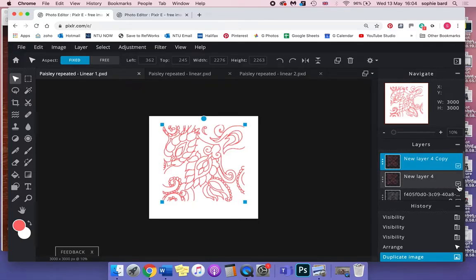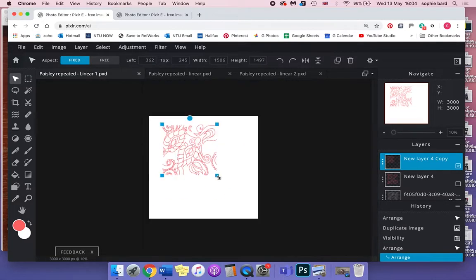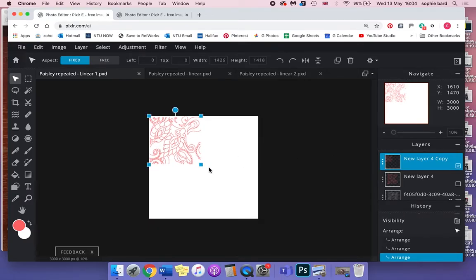I'm going to turn layer 4 off to keep the original at the same size, because this new version of the old layer, we're going to make smaller so that we can fit at least 4 versions of this within the image, so we can see how it will repeat. So I'm going to make it a little bit smaller,